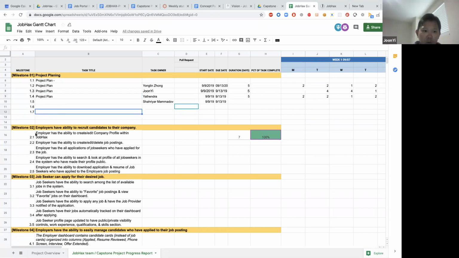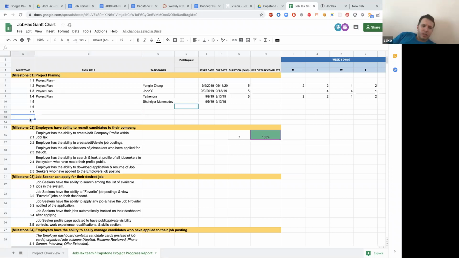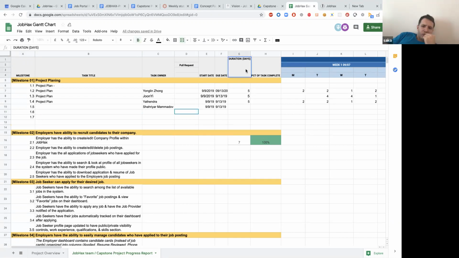So how do you add it, column by column? For example, I want to add this Friday and then Saturday. You see my mouse? The duration, we don't need to put duration. Maybe we can put meeting hours.